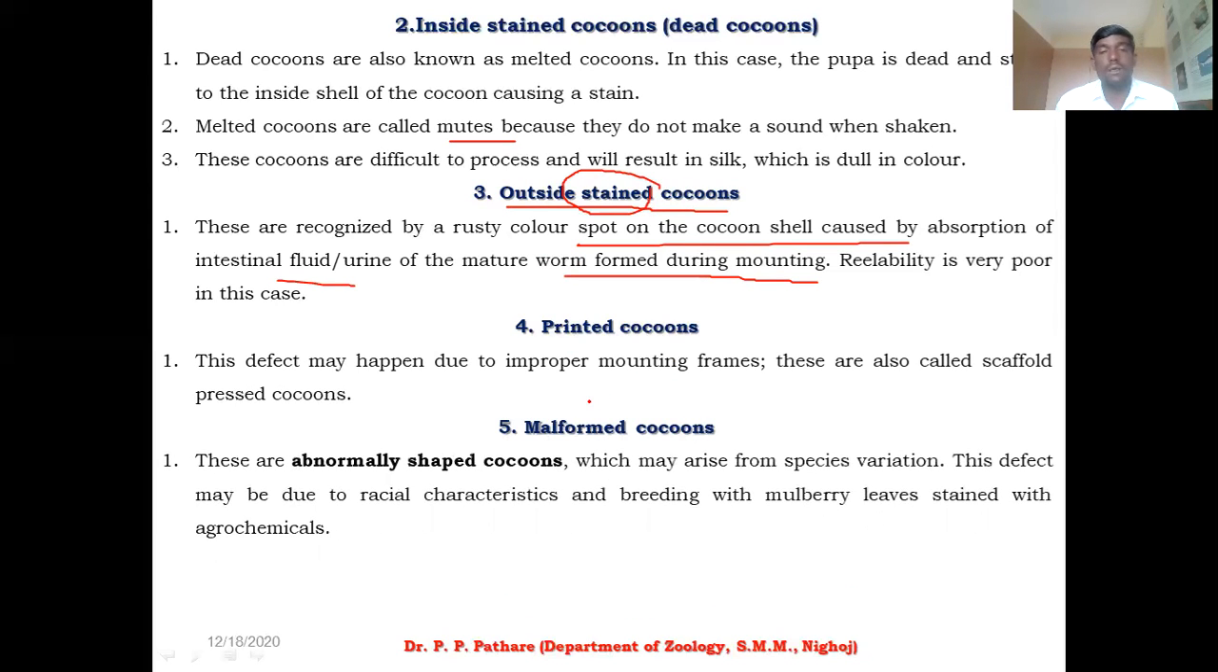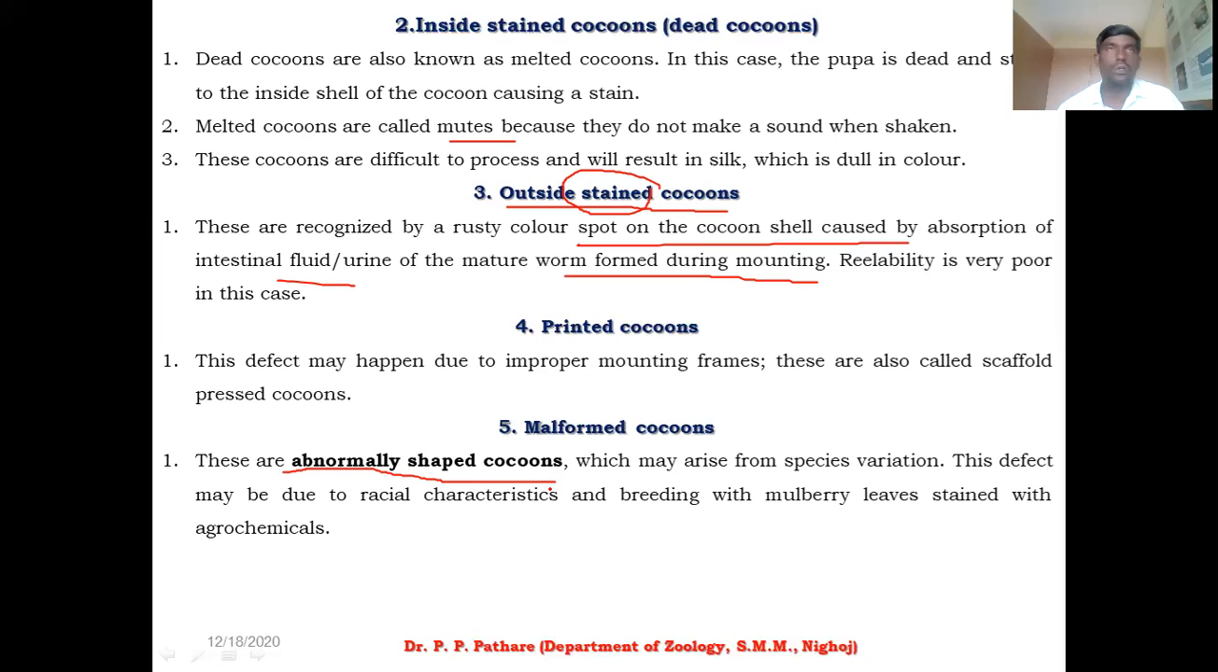Next one, that is malformed cocoons. These are abnormal shaped cocoon. Malformed cocoon, that is abnormal shaped cocoon. You know, in yesterday's lecture, I gave the information regarding shape of cocoon. The textile industry always requires proper shape of cocoon. Now here, your pupa or your worms will produce abnormal shaped cocoon, which may arise from the species